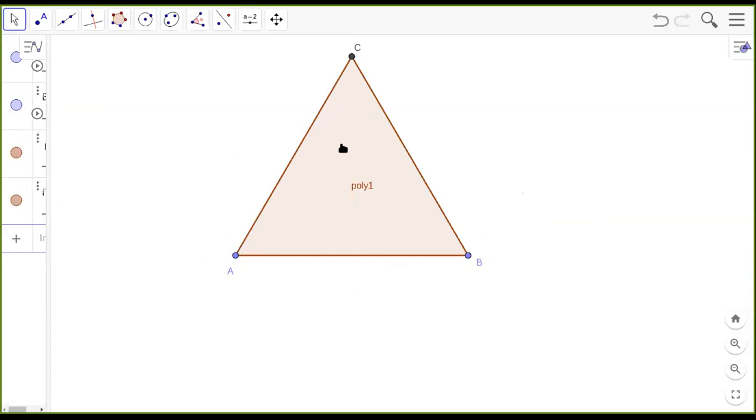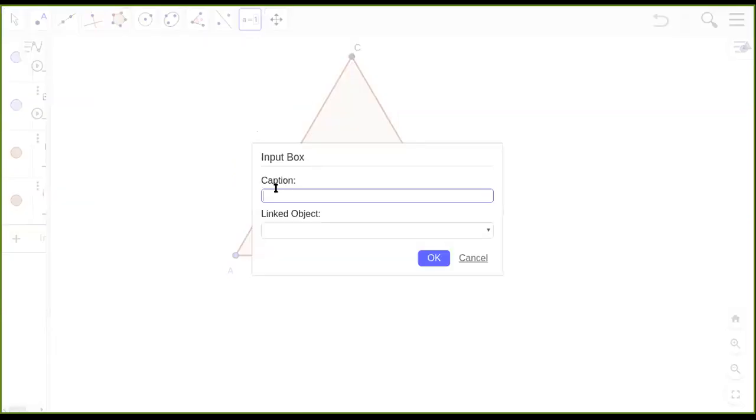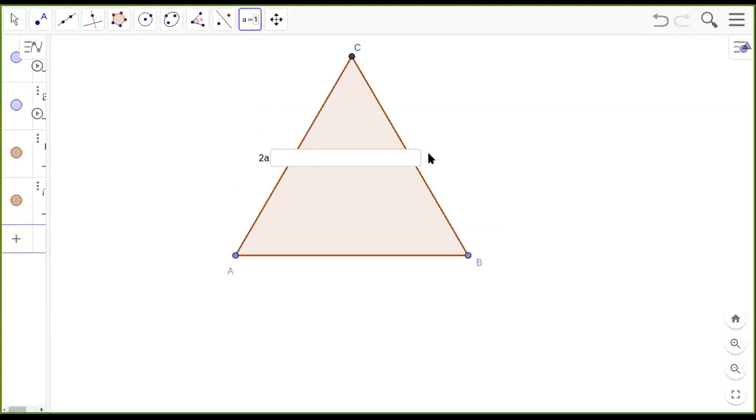Now what I have to do with this triangle? I have to draw its altitude and find out the altitude. Am I right? What is the problem saying? If you have your textbooks in front of you, please look at that. ABC is an equilateral triangle of side 2A. It's an equilateral triangle, so each of its sides is 2A. So I think I'll mark it as 2A. So if one of the sides is 2A, then the other 2 sides will also be 2A only.